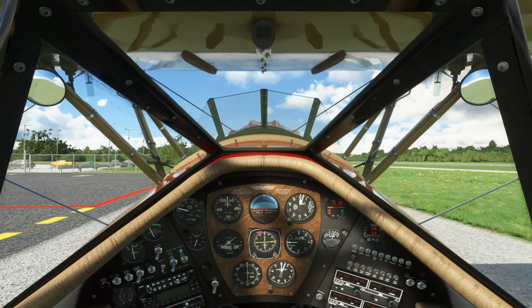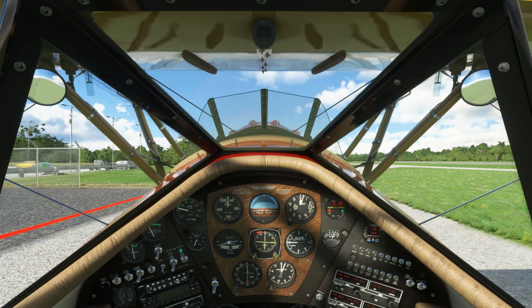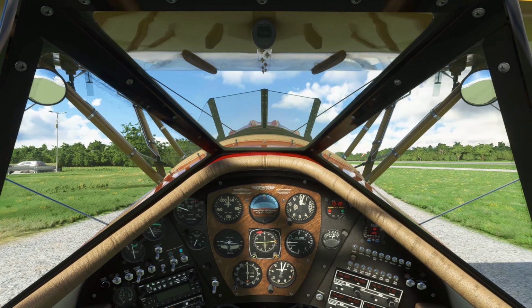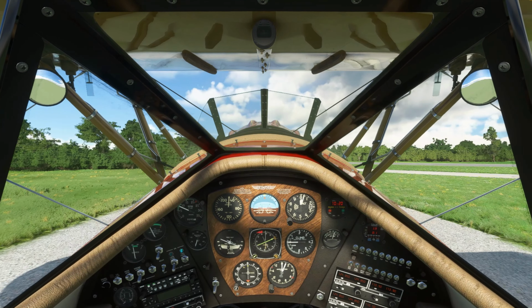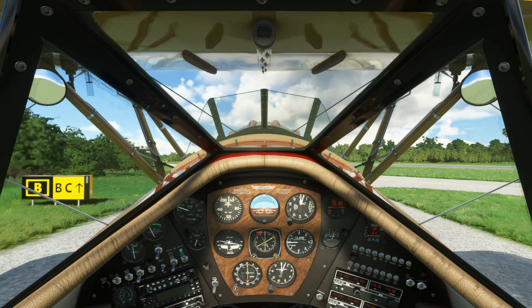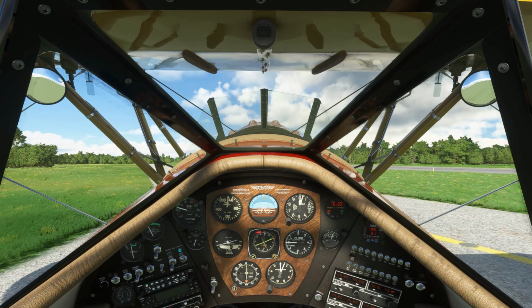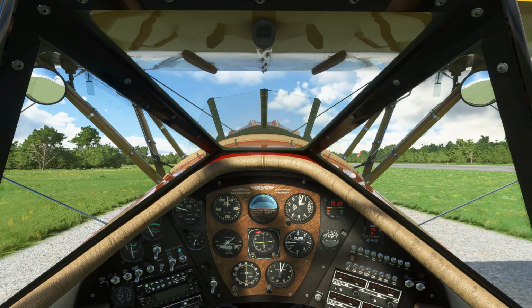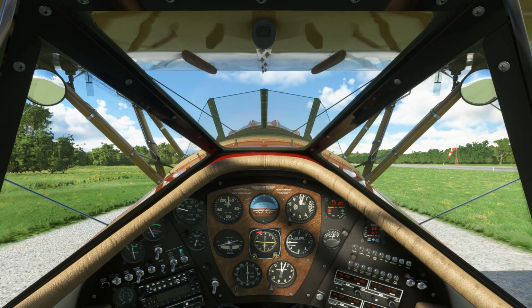This is actually not technically a Waco, though. It's based off of the YMF-5. And even though the YMF-5 is based off of the Waco, it was made in the 80s by Classic Aircraft Company. And you can still get them today. They still make them. I'm not sure if they're still owned by the same people or it's changed hands, but